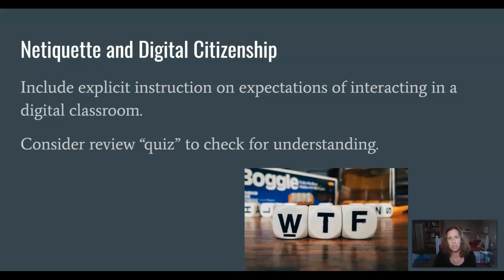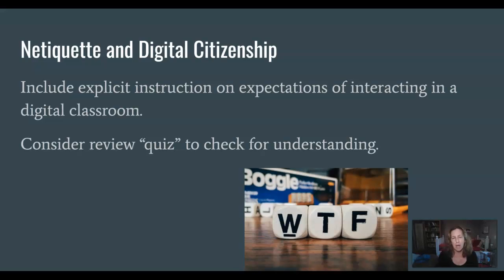Okay, netiquette and digital citizenship is pretty important, and I think that should be touched on quite early. So again, I keep saying it, depending on the discipline and the age of your students, you would choose an age-appropriate way of teaching this. There are lots of videos out there. There are checklists. I have a discussion forum protocol, one page, even though it's a digital page, that I share